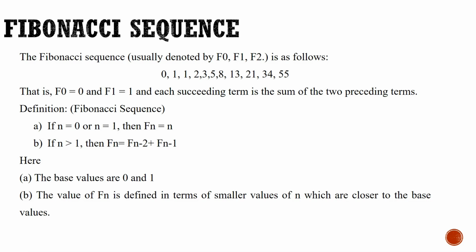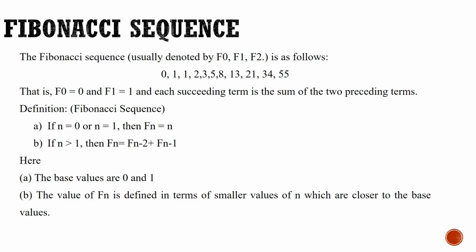These are our base values. So now, how will the base values be written? Let us check. If n equal to 0, then return the same value. That is, Fibonacci of 0 is 0. If n equal to 1, then return the same value, that will be equal to 1. If not, I want to find Fibonacci of 2, the second number. How will it be? By adding the 0 and the 1.